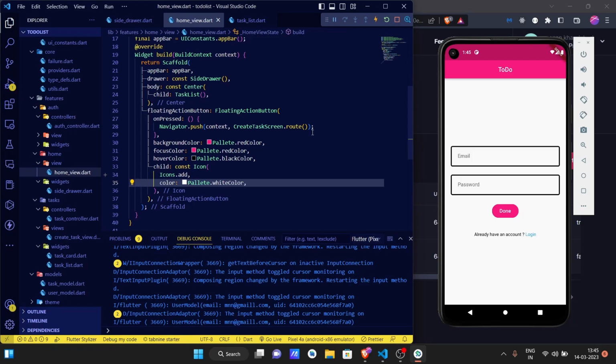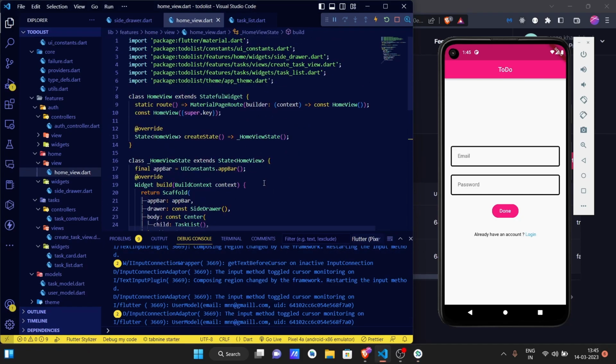Previously we got an error with our IP address, so make sure you replace that localhost with your correct IP address, and it will work in your Android device or Android emulator. I didn't have any Apple device or iPhone, so I couldn't test it or run it on an iOS device. So yeah, this was our to-do list